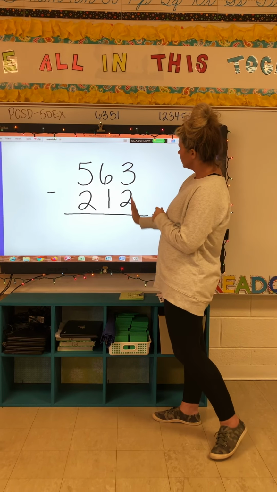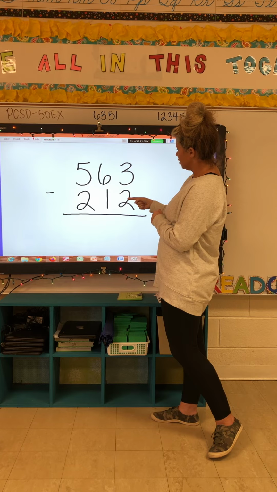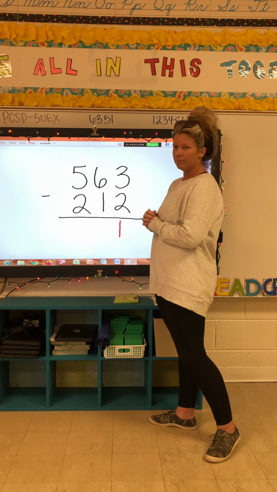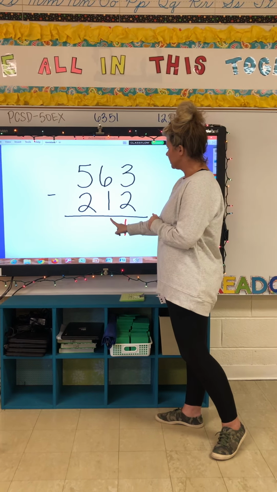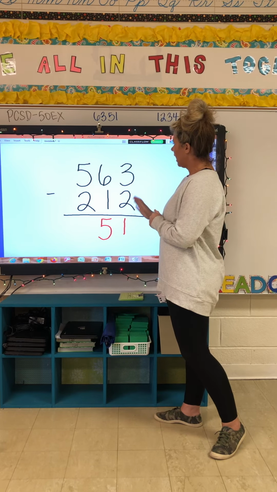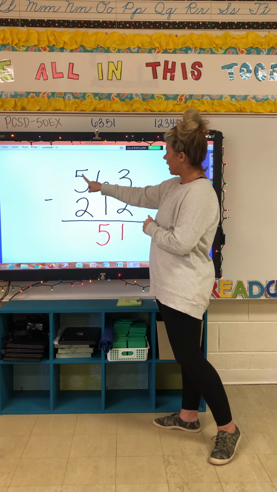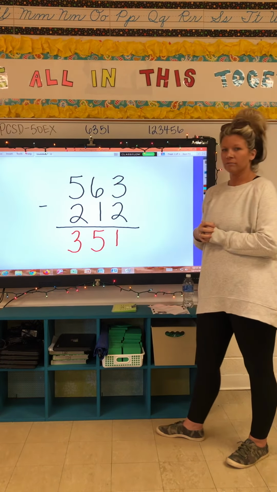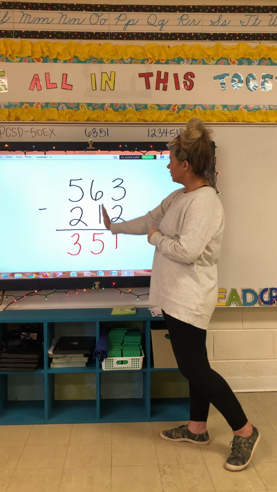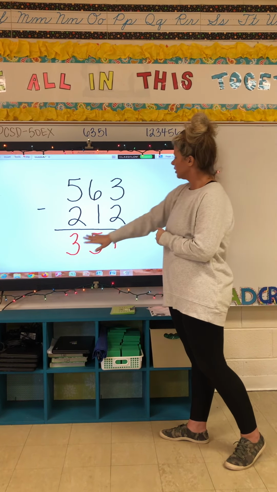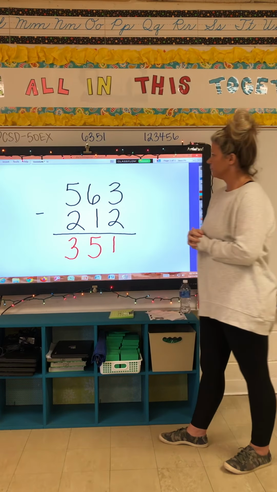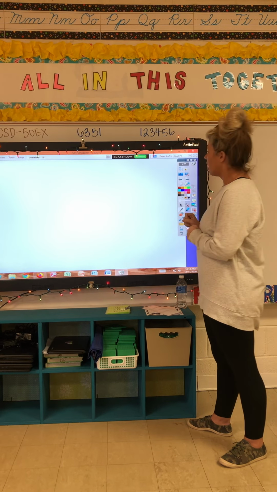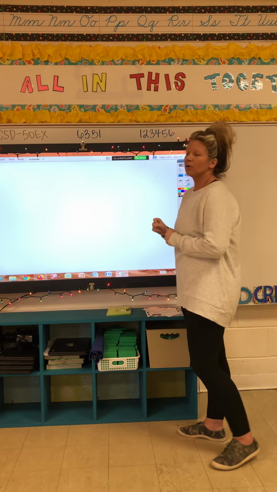So we're going to start in our ones column. We have 3 minus 2, which is 1. Then you're going to move to your tens column. You have 6 minus 1, which is 5. And then you're going to move to your hundreds column. 5 minus 2, which is 3. No regrouping. All you have to do is subtract going down each place. So your answer is 351. No regrouping. Okay? Next we're going to do a subtraction problem with regrouping where we're going to have to borrow